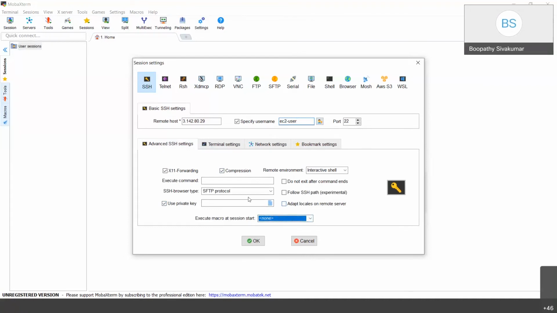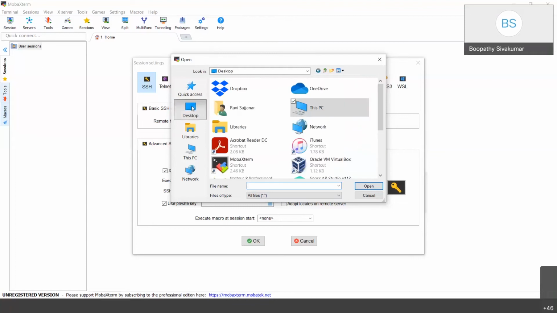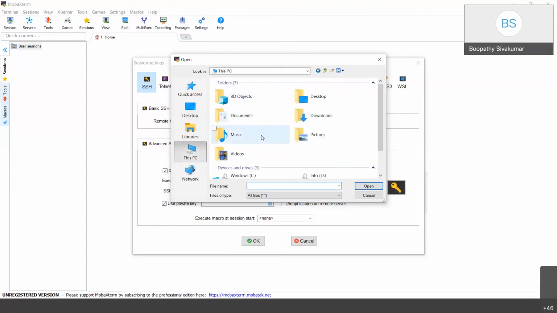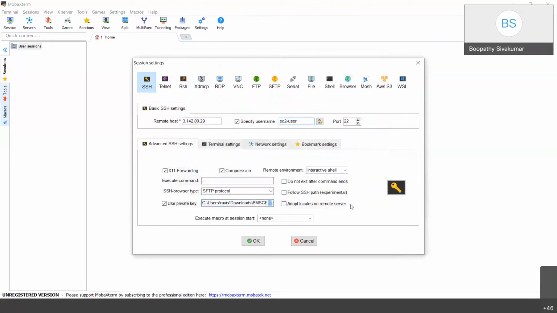It will open a dialog, click from downloads and select that. Click OK.